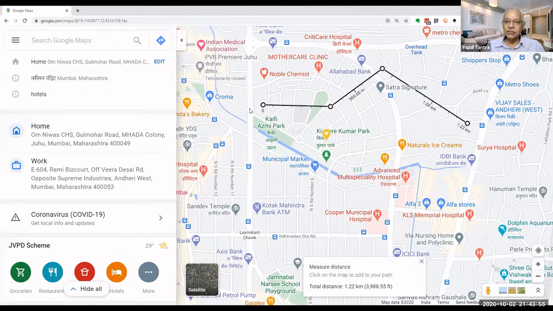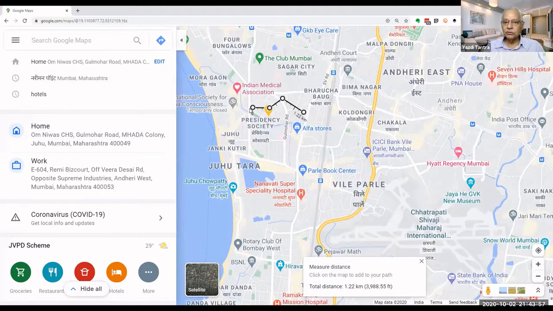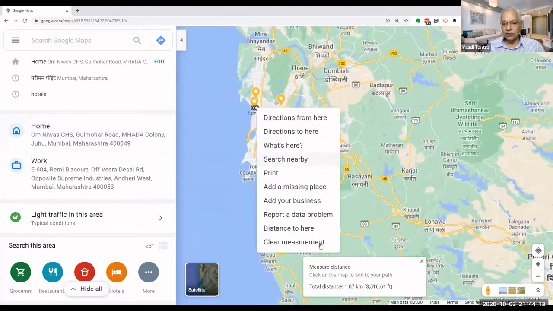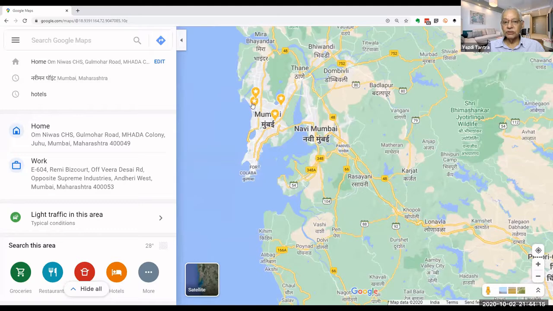So if I just zoom out, if I go from, say, Mumbai to Pune, for example. Now this is my current residence. I just say right click, clear measurement. That was my old measurements.